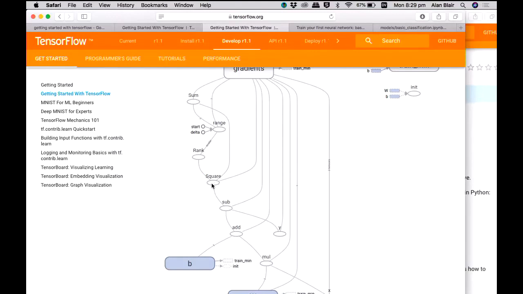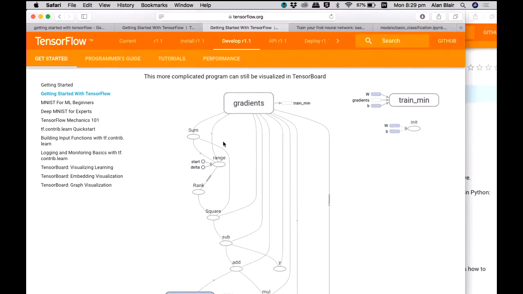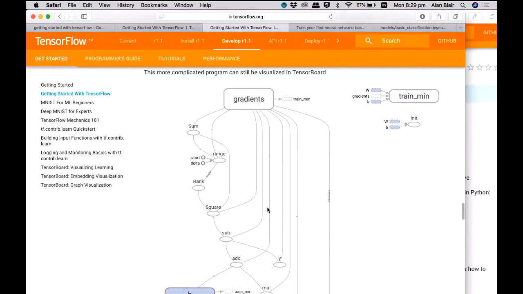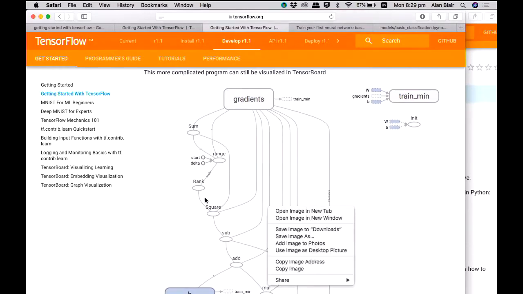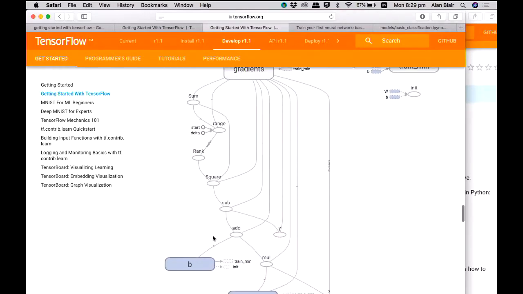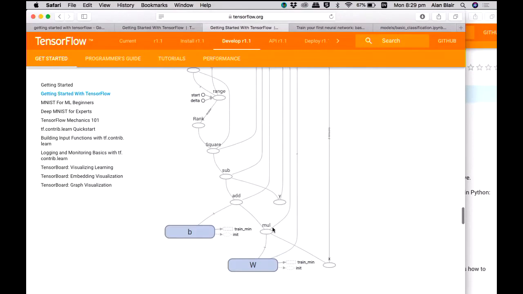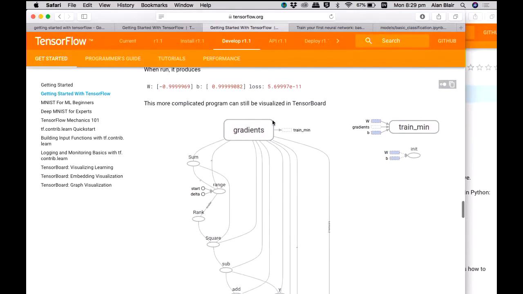That value is squared, and then something else happens to it and it gets summed up. And the gradient of all of these different things is calculated. So you specify these computations in the forward direction, and TensorFlow automatically calculates the gradients for you and does the gradient descent.